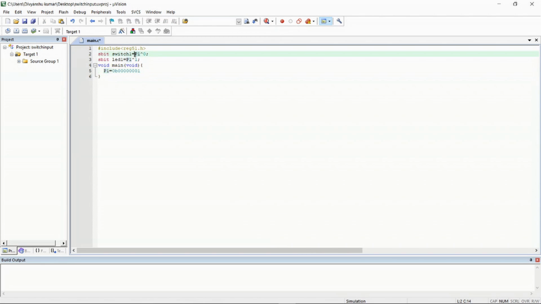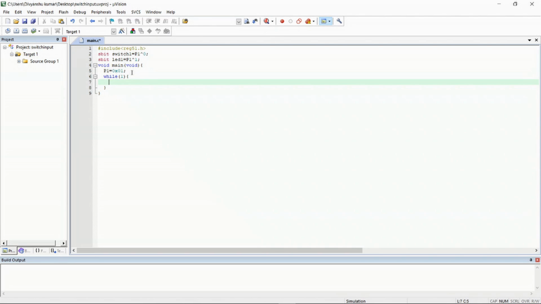As we have declared the 0th pin as input, we have put 1 here because 1 denotes input, and then 0 because we are using the second pin as output. So let us write this in hexadecimal. You have to be careful that you always write the hexadecimal value here, because anything else will not work.